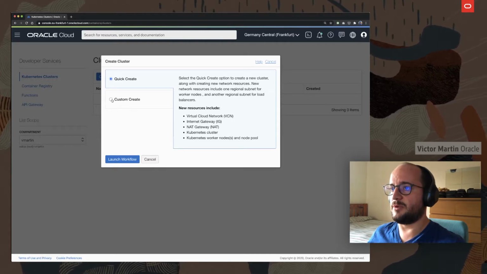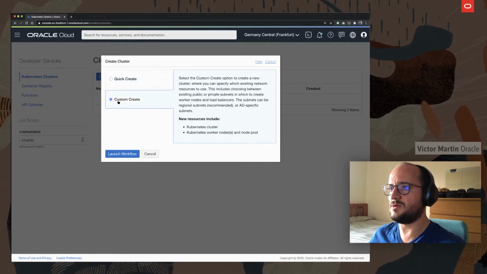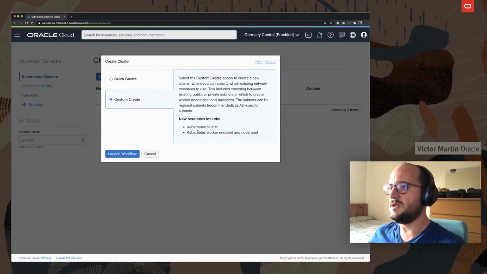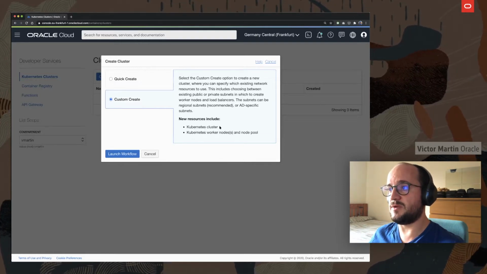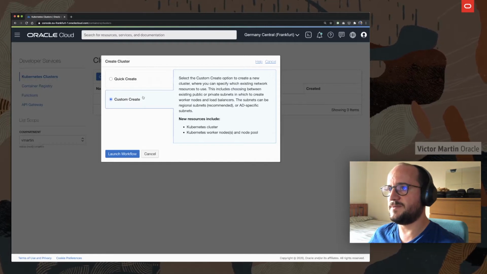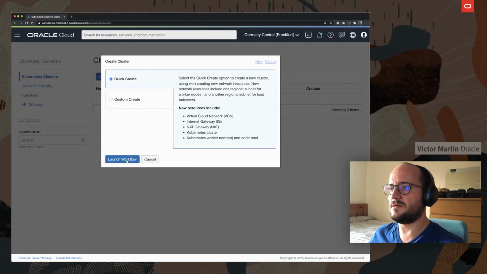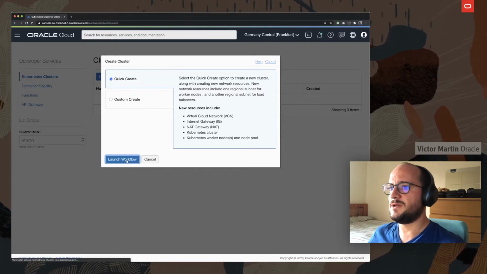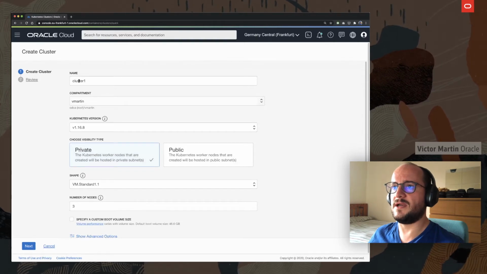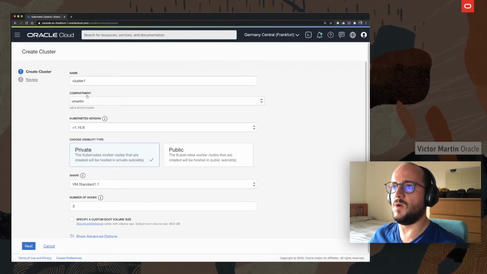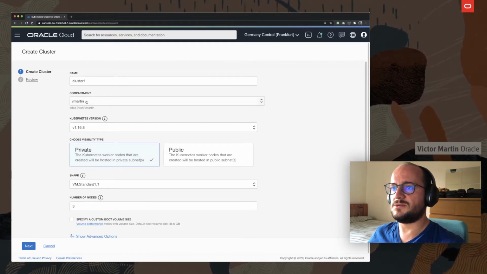If you want a production environment and you want to tweak specific things the way you want, you click on custom creation. That is going to only create the Kubernetes cluster and the worker nodes. Everything else should be created the way you want and reused. For the moment, quick create, launch workflow, and it's going to ask for specific information. In my case, cluster name, I'm okay with cluster 1,